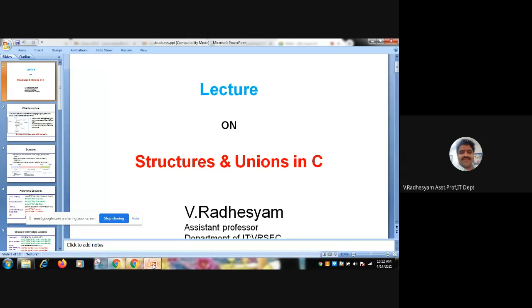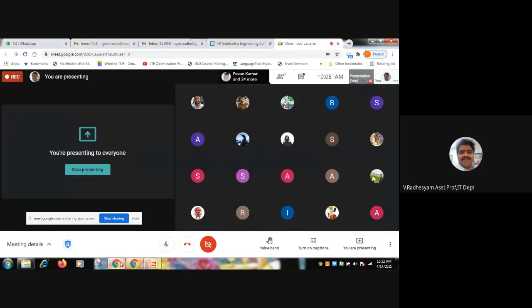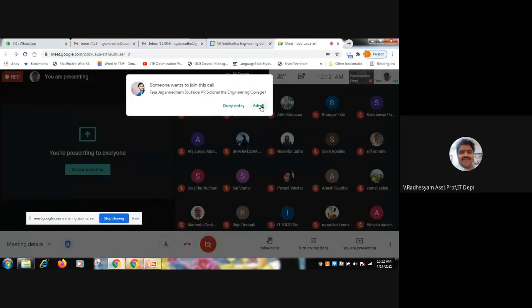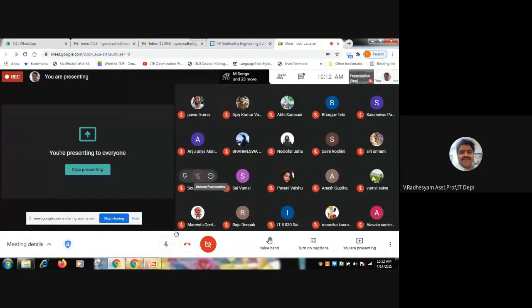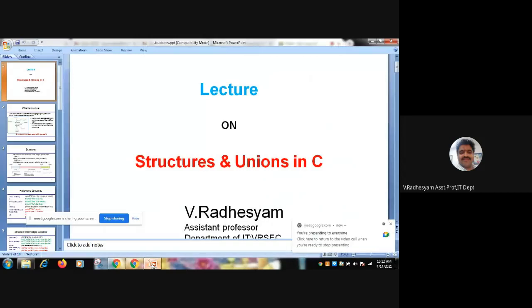Of course, in yesterday's example in our class, we discussed how to find the mean, standard deviation and variance. In that example, what we found is we need to consider a float array.